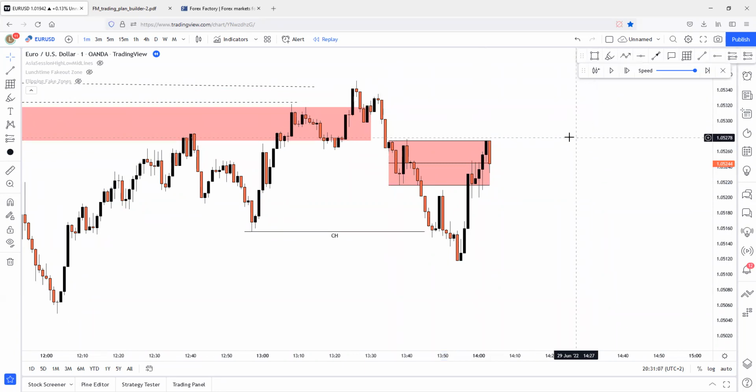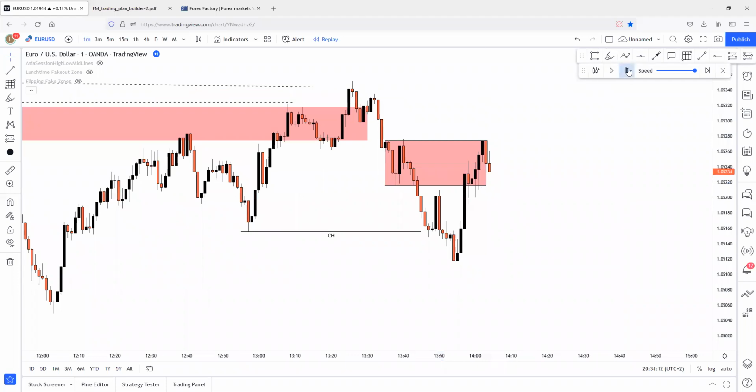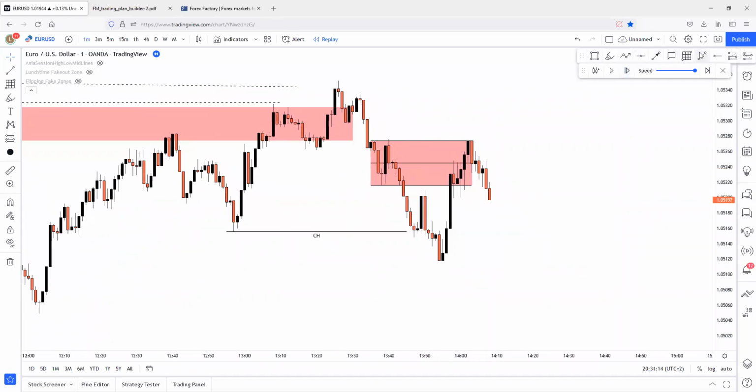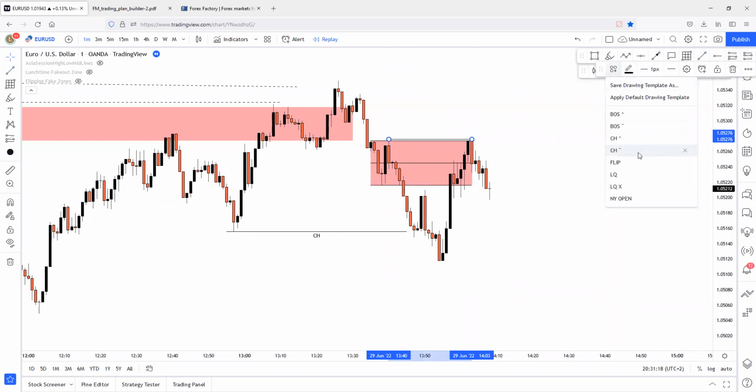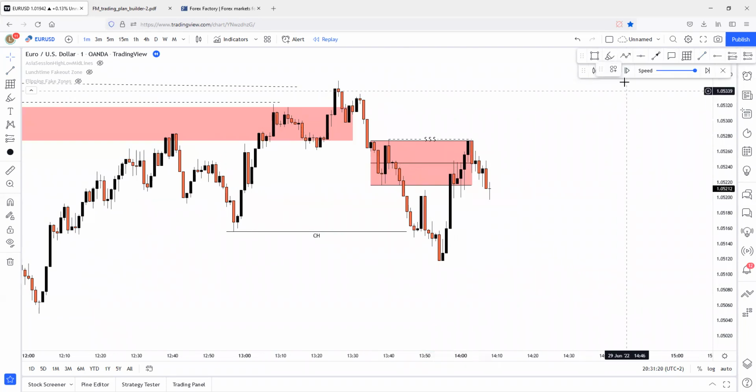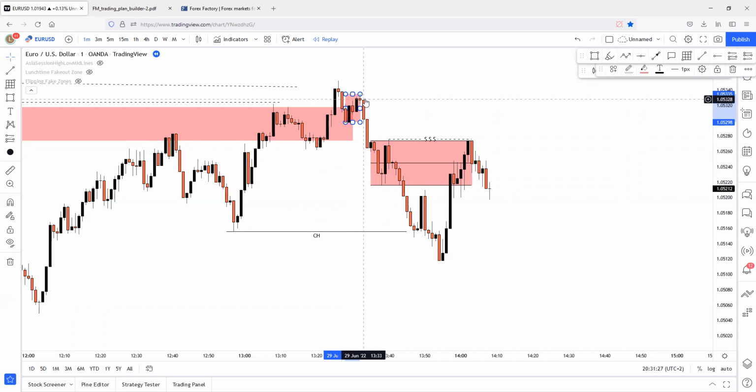Price reacted on this supply zone. And yet it didn't close above the supply, but it created a liquidity. Okay, price has just created a liquidity here, as you can see, inside of this supply zone. Perfect liquidity. And this liquidity is leading up to the extreme supply. So more likely the extreme supply looks like this.